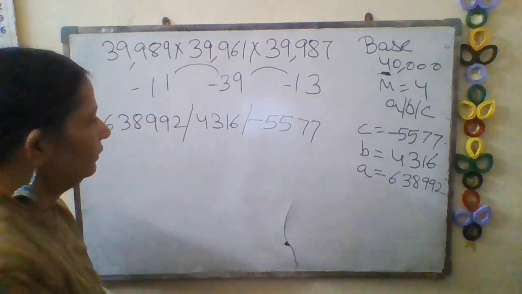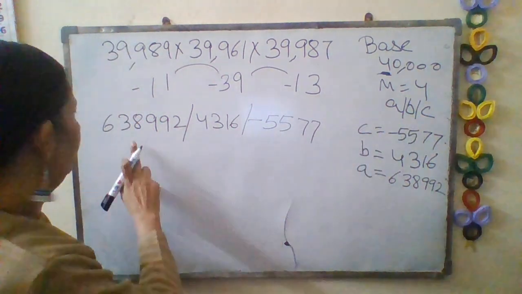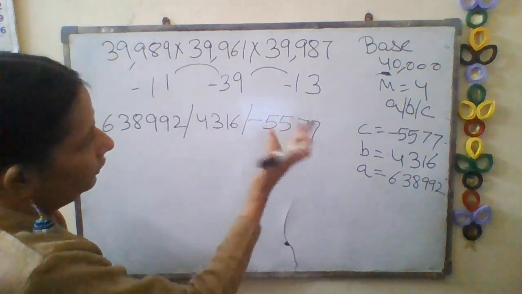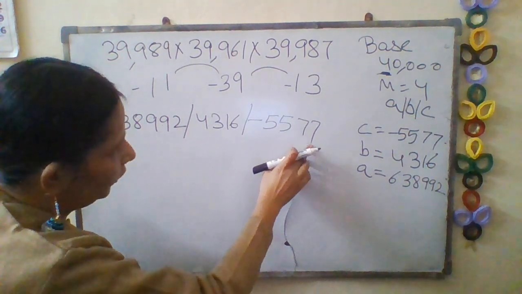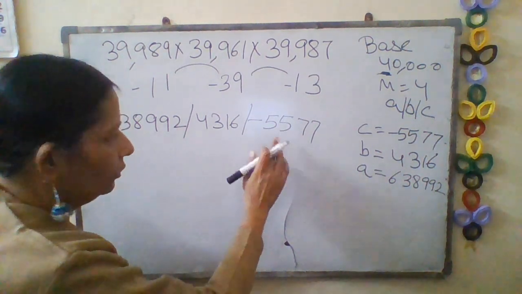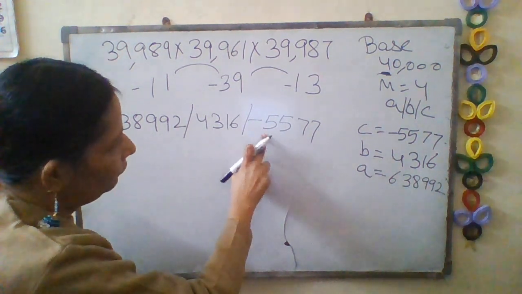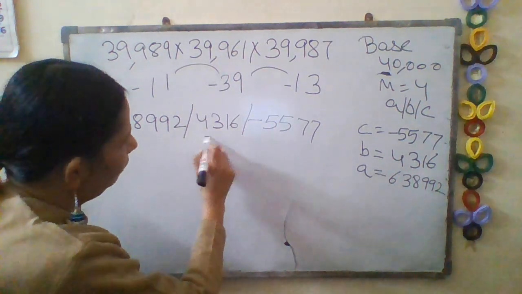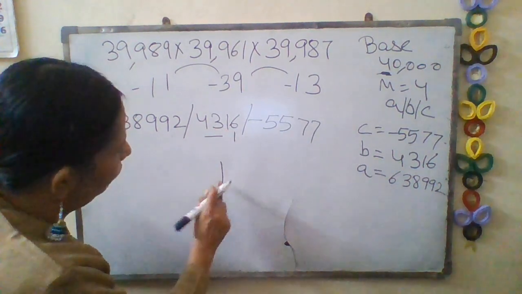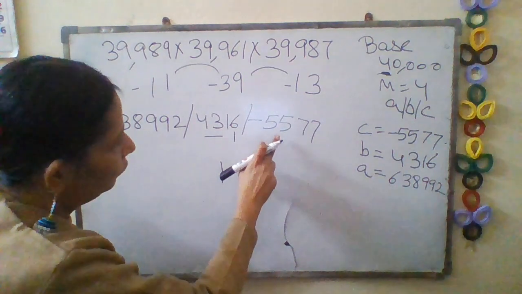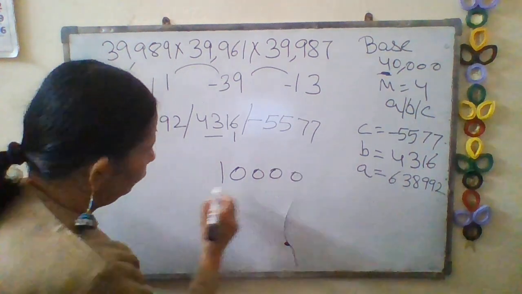Now you see here, this is the value of A, B and C. So in A slash B slash C you have to solve out, and I have written all this. Now you see in base there are 4 zeros. Start from this portion. These are 4 digits. 1, 2, 3, 4. Okay, so these are 4 digits, but this is in negative. Okay, so what will you do to convert this negative into positive? You will borrow 1 from here. This is 4316. So 1 you have borrowed, 1 you will write down here. So 4 digits are here. 1, 2, 3, 4. Put 4 zeros. Okay, and you subtract this.